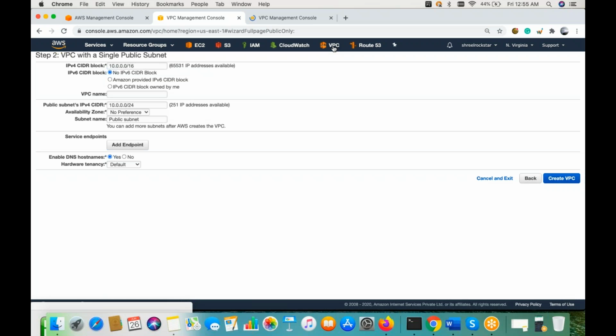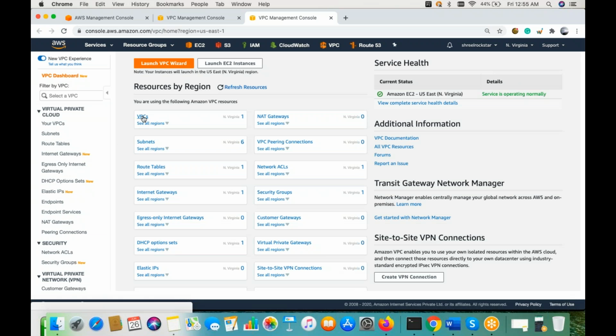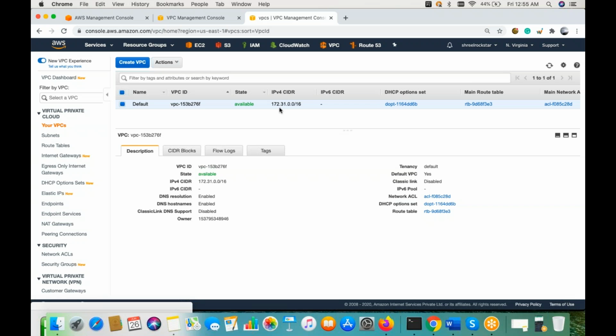So if you see this one, let me open a new tab as well. So that will give us more idea of what exactly we currently have. So if you click on default VPC, see this one: 172.31.0.0/16. So this is our default VPC, and we got this CIDR value. CIDR value is, guys, your network range. There could be 192.168.0.0 or 10.1.0.0, up to you. Like the classes you can select for your network.